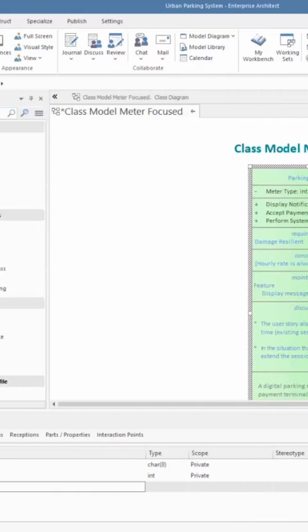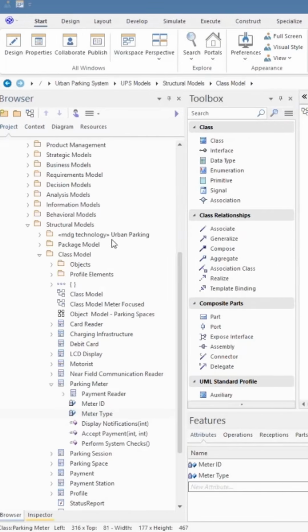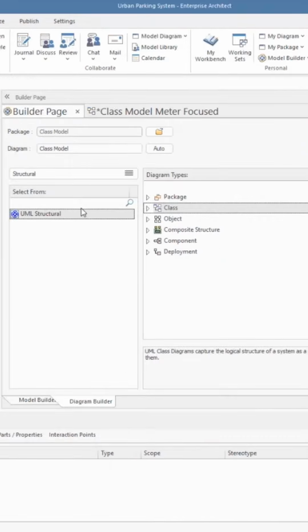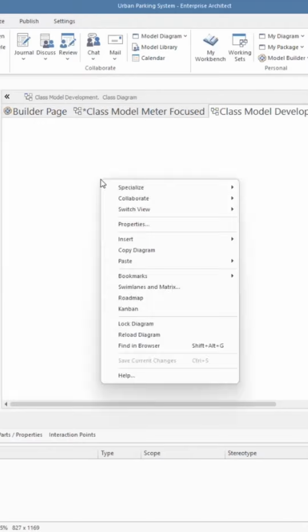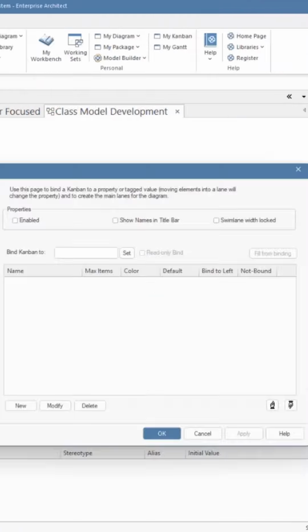Well, let's look at the project browser and let's create another diagram here, and we'll call it a class diagram. So class model development, and we'll go create diagram. We get ourselves another diagram, and let's make this diagram a Kanban diagram. So we right mouse click there and we can choose Kanban, and what we've got is a dialog box that